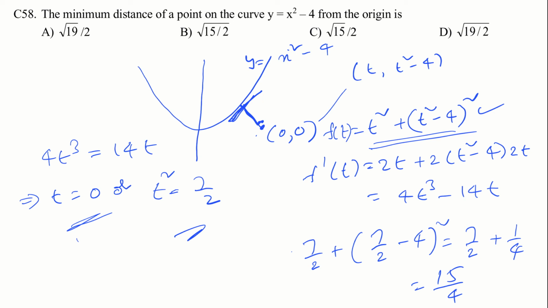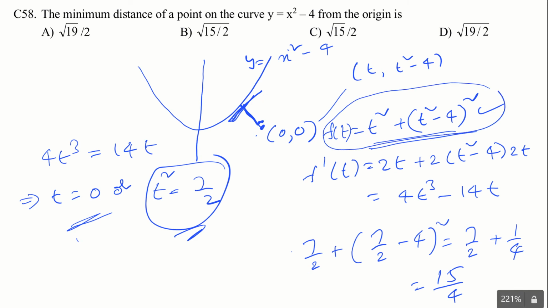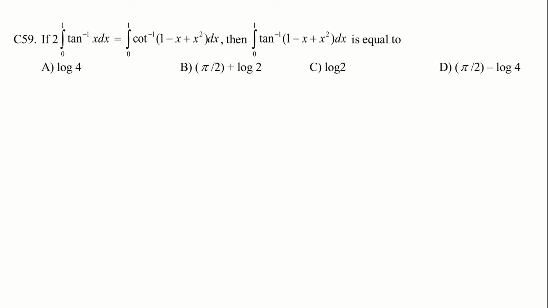Now obviously for this value it is going to be minimum, and so we take it, and as I told in the beginning itself, this is square of the minimum we are looking for. So put square root to this, you will have your answer. Let's go to next problem.